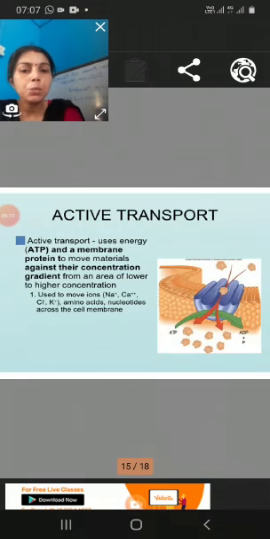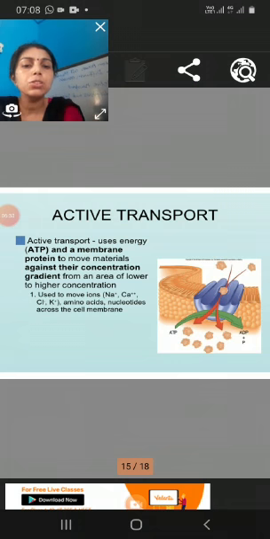Active transportation is needed for greater molecules or some ions to move, if there is very much need inside the cell. There is expense of energy and ATP, and so the active transportation needs energy because no concentration gradient acts and there are carrier molecules which have to take the molecules from outside to inside or inside to outside of the cell.